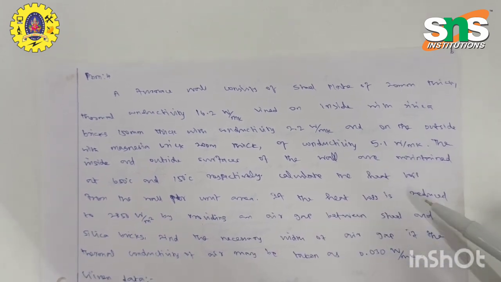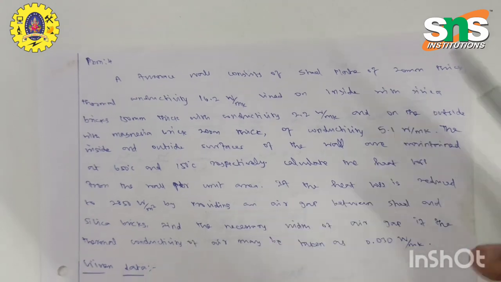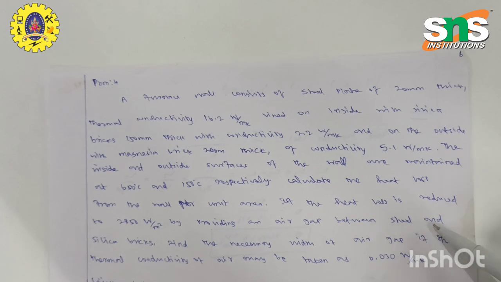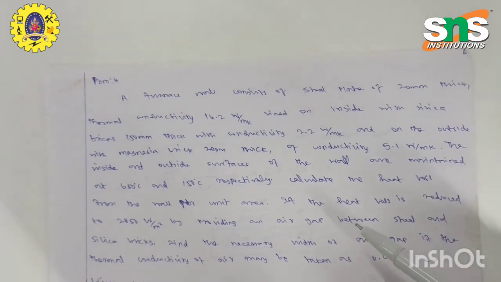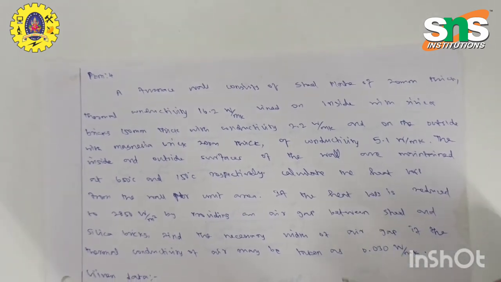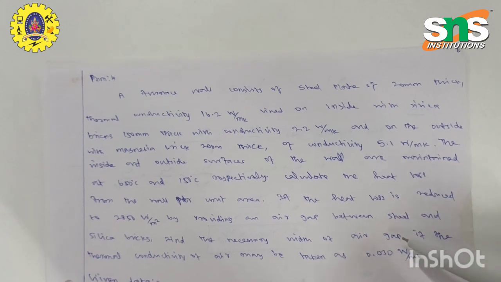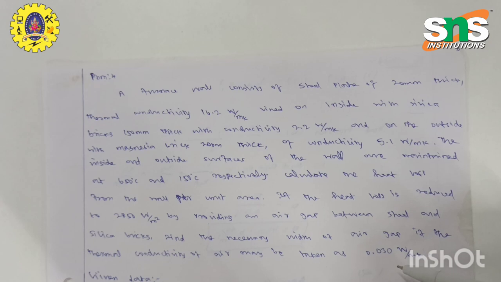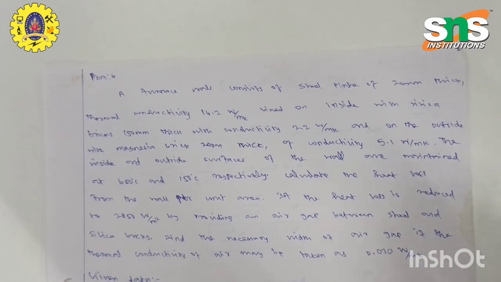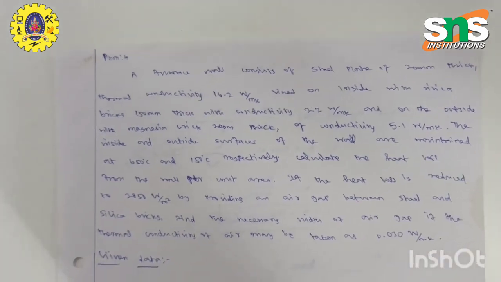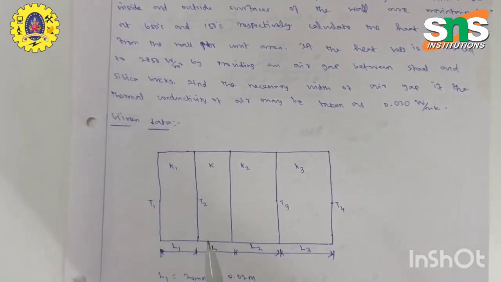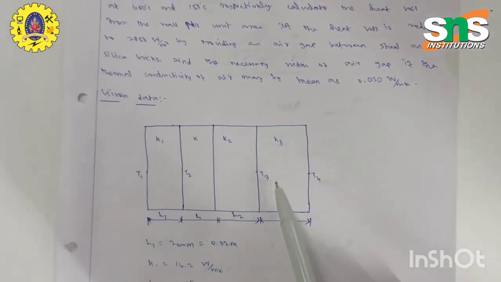If the heat loss is reduced to 2850 watt per meter square by providing an air gap between the steel and silica brick, find the necessary width of the air gap, if the thermal conductivity of air may be taken as 0.03 watt per meter Kelvin. So let's consider this the given data of the problem, and we have the four